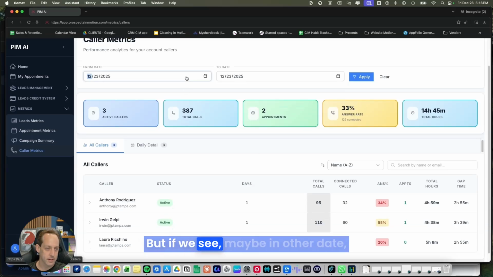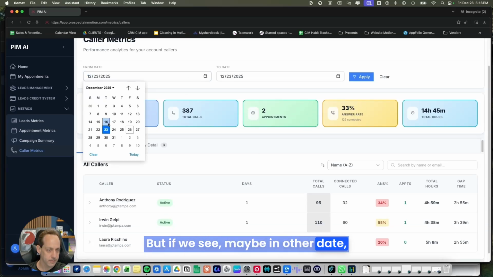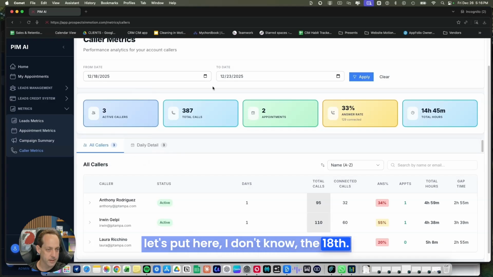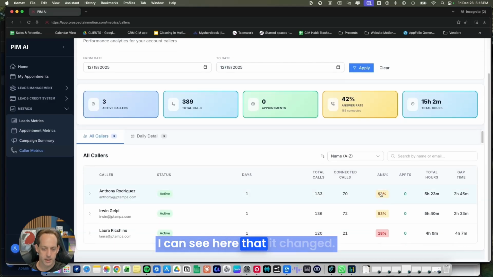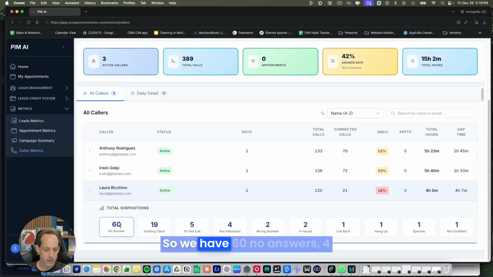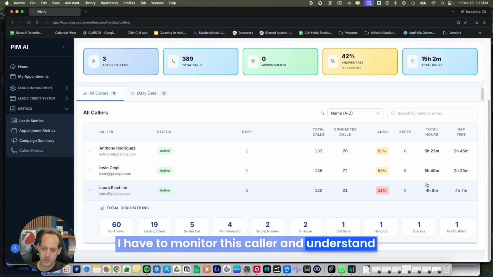But if we see maybe in another date, let's put here, I don't know, the 18th. I want to see what happened on the 18th. And I can see here that it changed. Okay, so this, for me, is a red flag, which means that we have to understand what's happening a little bit more. So we have 60 no answers, 4 not interested, wrong number. I have to monitor this caller